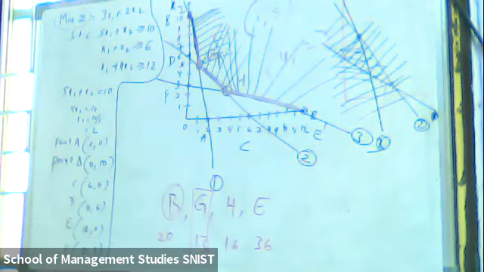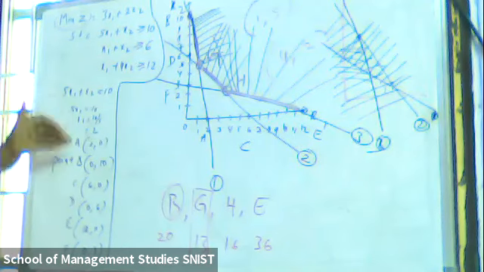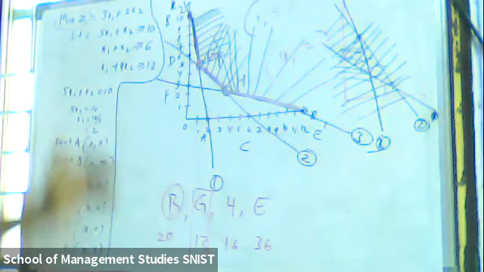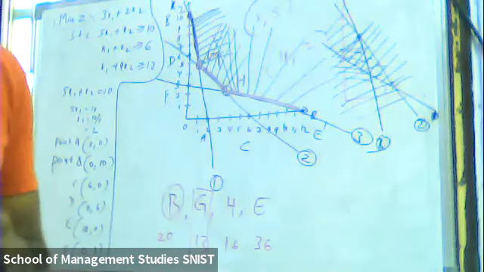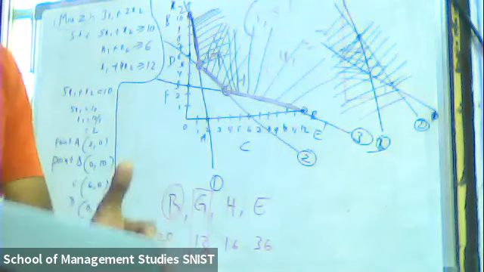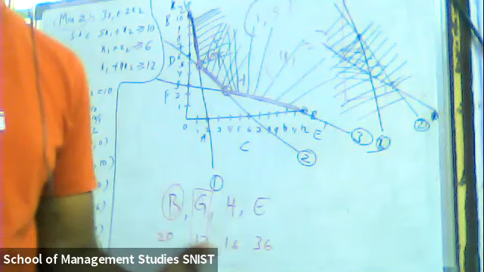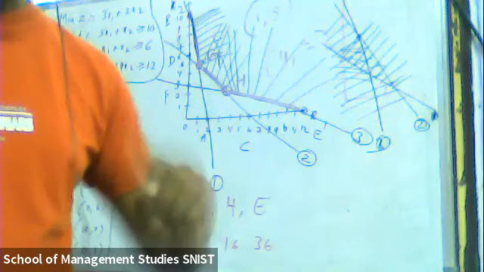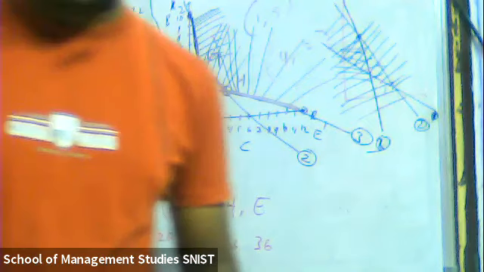Follow the step-by-step procedure. Even if you know the value, if you put x1, then x2 will become 0. Don't directly draw the points. Show the steps in the examination to fill the papers step by step. The evaluator will think that this student knows the step-by-step procedure very well. Without any hesitation, you will get 14 out of 14 marks. Even if it is 17, you will get 17 out of 17. Okay, fine.